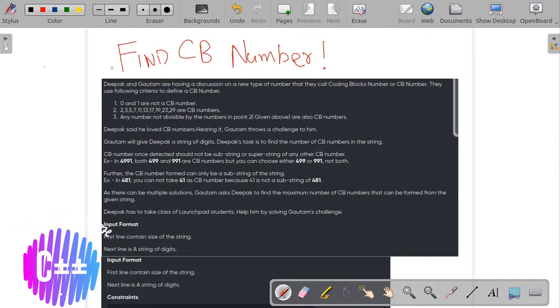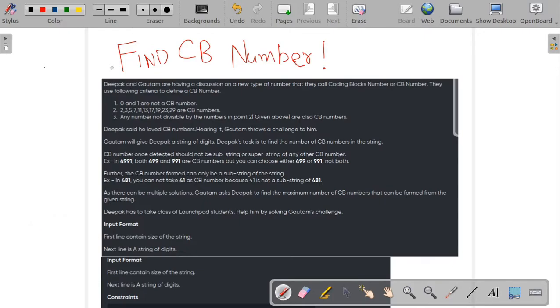which is a CB number problem. It is a problem from Hacker Blocks. What this problem says is there is a new kind of number which is called a Coding Blocks number. Any number can be defined as a CB number if it follows these three